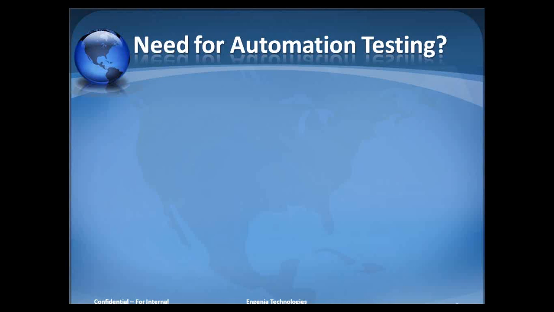So moving on to the first topic, that is the need for automation testing. Well, the first and the basic need is when we need to execute some tests repeatedly over and over again. So automation testing is needed when you have to repeat the same test again and again over a period of time. So with each release, if you have to manually execute the same test cases for, let's say, regression testing, and then you require resources to execute the test cases of the previous modules and also the new module, and the modules keep on increasing and increasing.